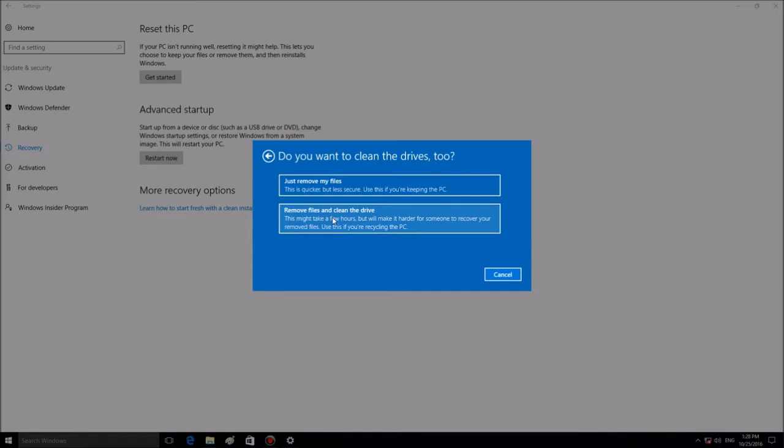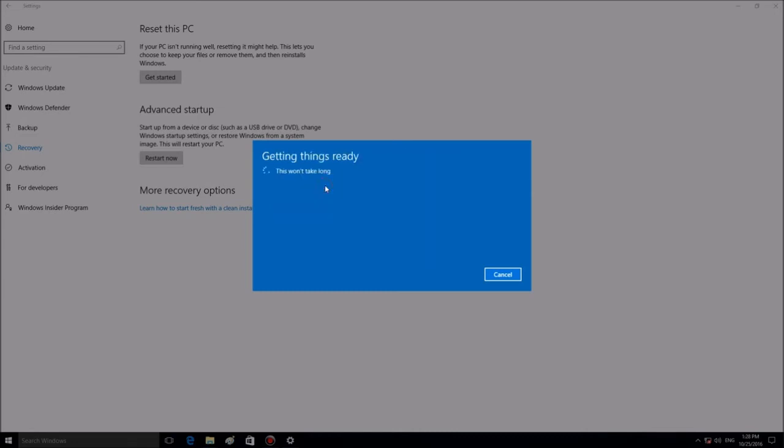Now let us select one of the options, for example, Just Remove My Files. The only thing left to do now is to click on Reset and wait for the system to reinstall automatically. So this is the button. In the process, the computer will restart several times,